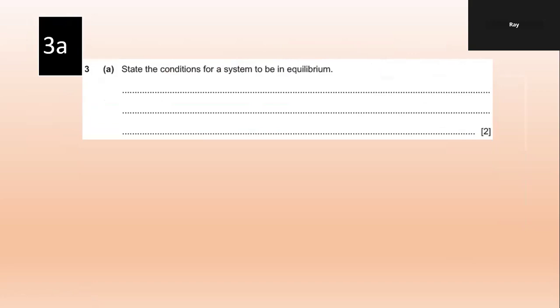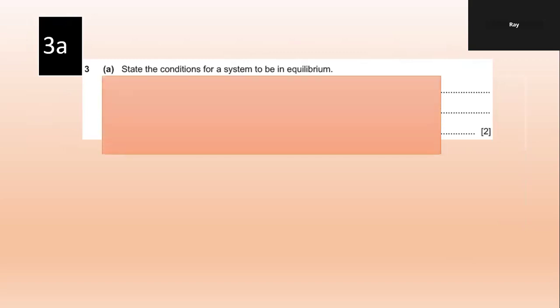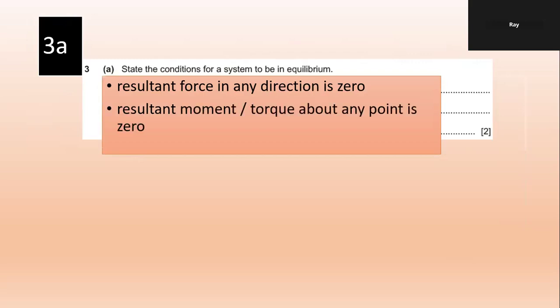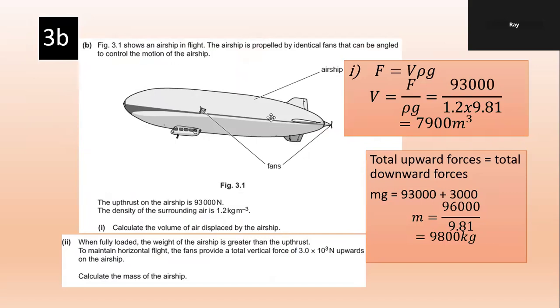State the conditions for a system to be in equilibrium. Two conditions. What are they? Two conditions. No resultant force, no resultant torque. Okay. Resultant force in any direction is zero. Resultant moment or torque about any point is zero. Important to